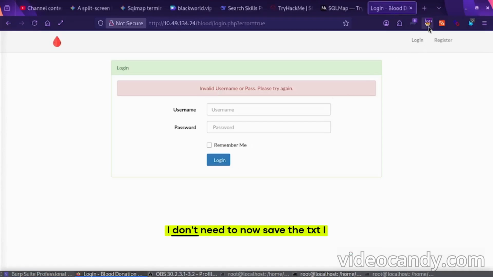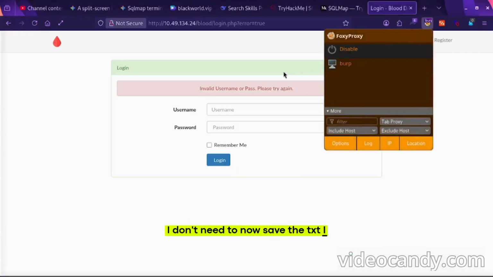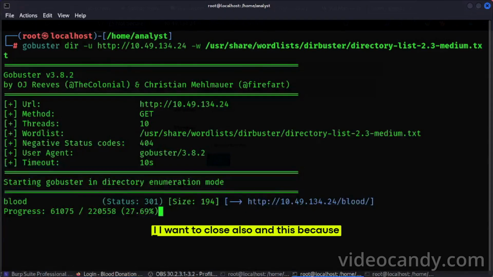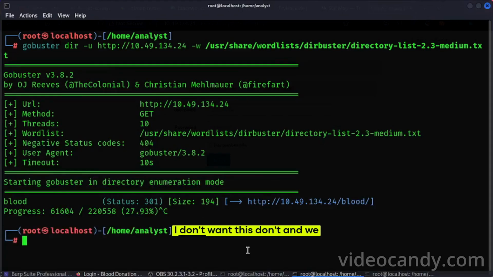Now I don't need Burp Suite, so I have closed it. I also want to close this because I don't need it.